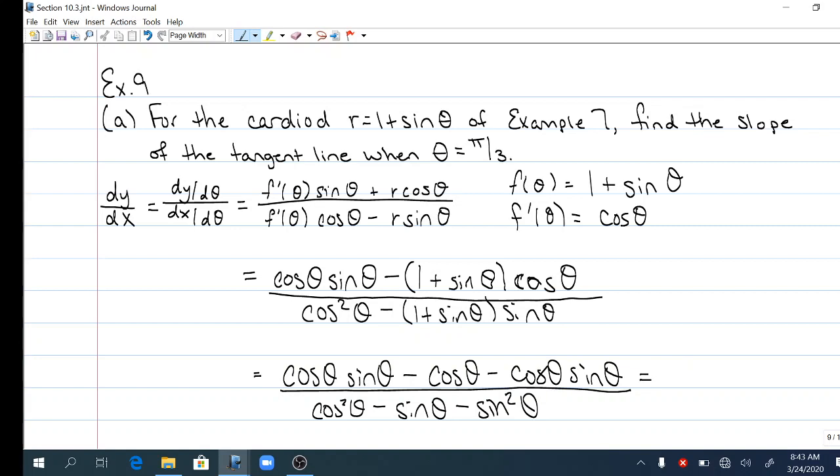I think I miscarried a sign. Oh yes, notice in our original equation our numerator had a positive sign in between our two terms. Let's correct that real quick. That means everything in the numerator is positive. So factoring out cosine, the numerator can become cosine theta times the quantity 1 plus 2 sine theta. Combining cosine squared theta and minus sine squared theta, I get cosine squared theta minus sine squared theta,